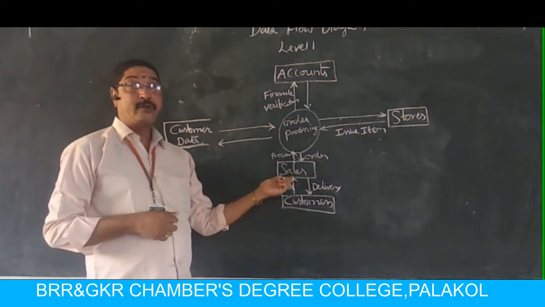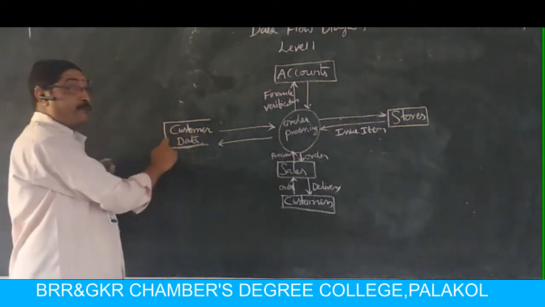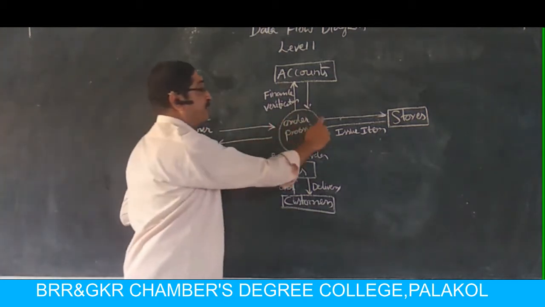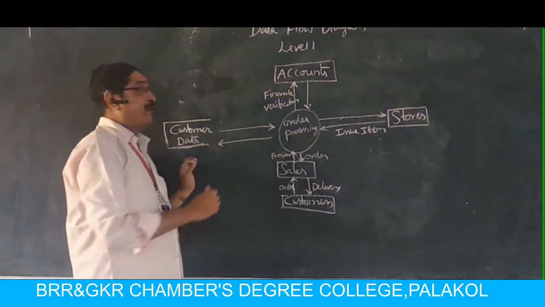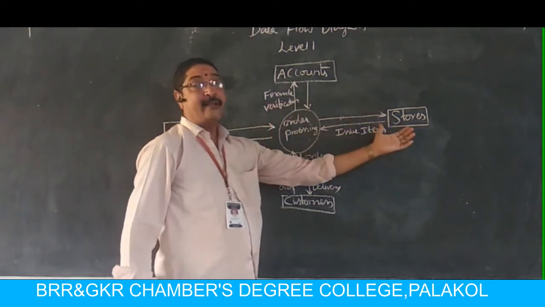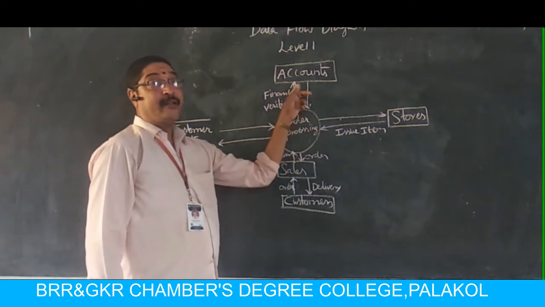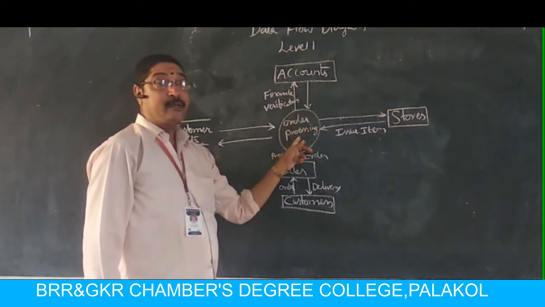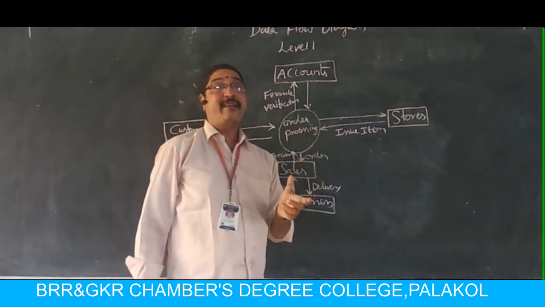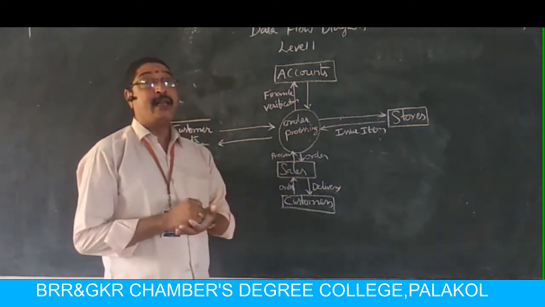Customer orders will be sent to sales, it will be processed, and the customer will be verified here. So customer data will be here. I represented this as the data store symbol. This is a process, that's why I used circles. And these are the accounts department, entities, and stores, which is also an entity. When you place an order, it will be verified in the accounts department, financial verification will be executed, and it will be processed. Like that, what are the steps they will take while processing an order? These are explained in this level 1 DFD.